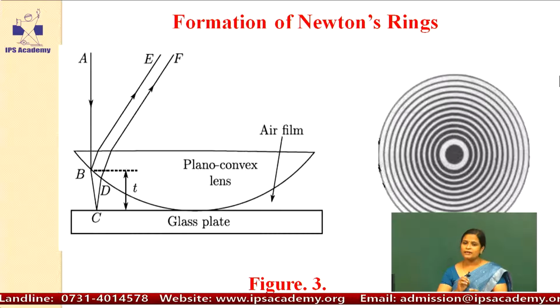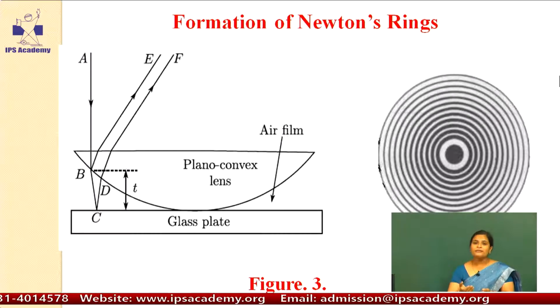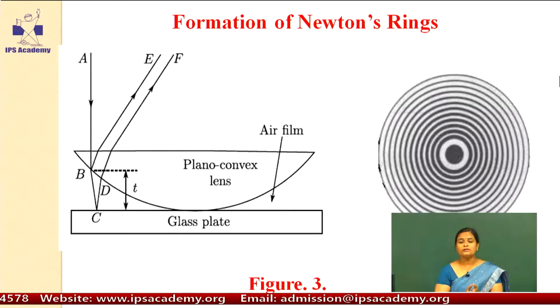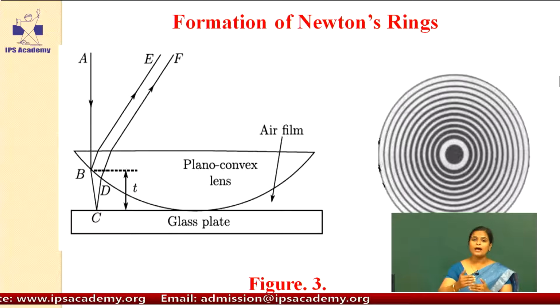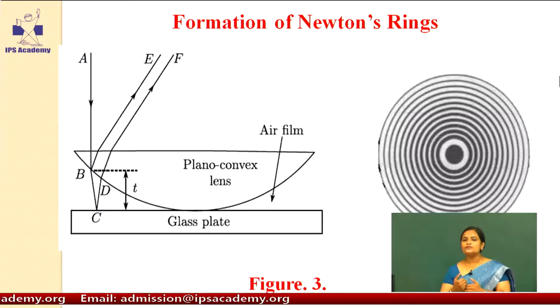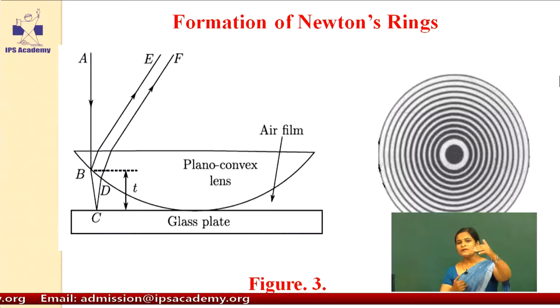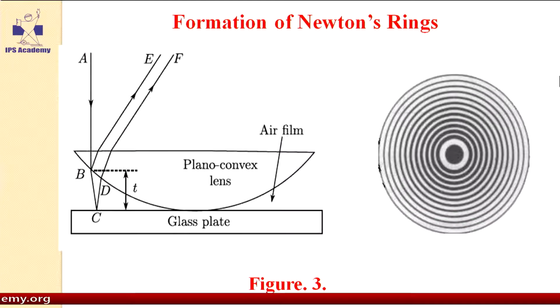I am repeating it again. When light falls normally on another medium, in the process of refraction the angle of refraction will be zero and the light travels the same path as the incident light. So here the same process is happening. The light AB is the incident light and it will strike the point C at the glass plate, and because there is normal incidence, it will travel the same path, and one point is D here.